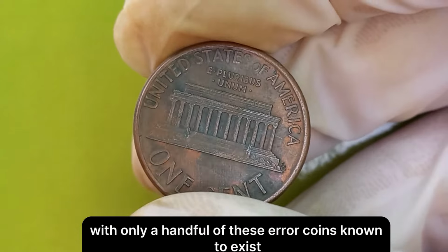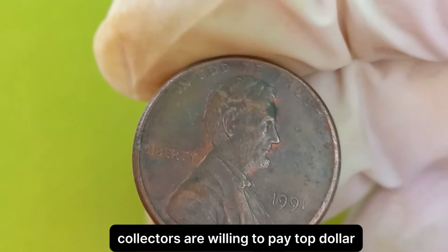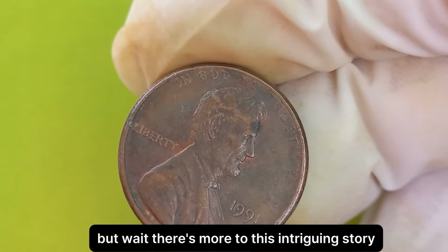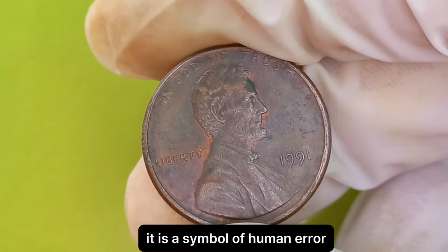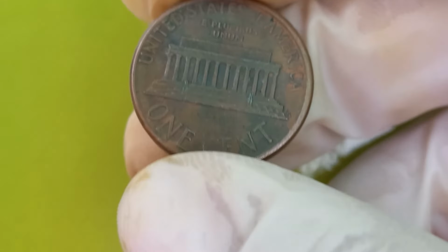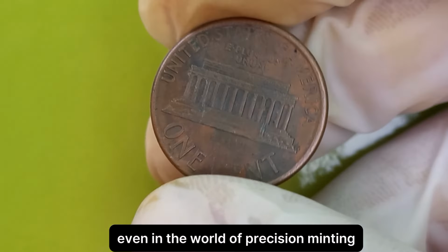With only a handful of these error coins known to exist, collectors are willing to pay top dollar to add this gem to their collection. But wait, there's more to this intriguing story. The 1991 No Lincoln penny is not just any ordinary coin, it is a symbol of human error and the imperfections that make each coin unique. The absence of the mint mark on this penny serves as a reminder that even in the world of precision